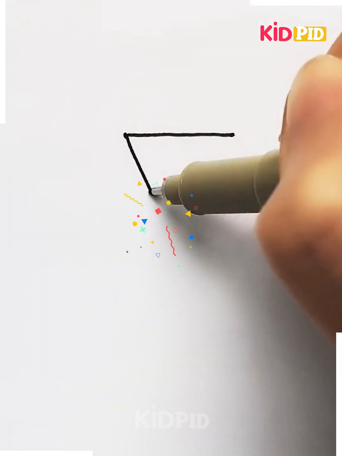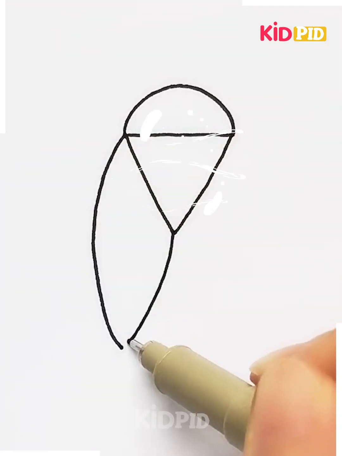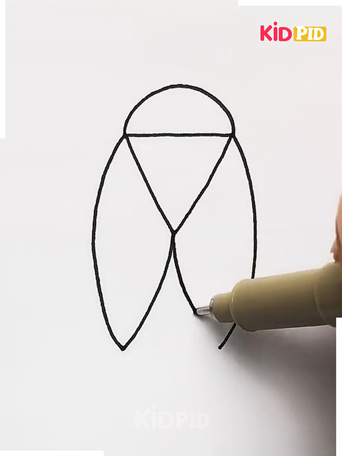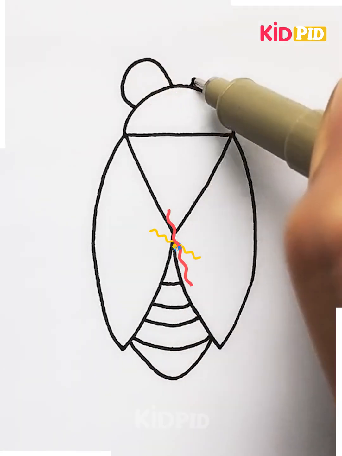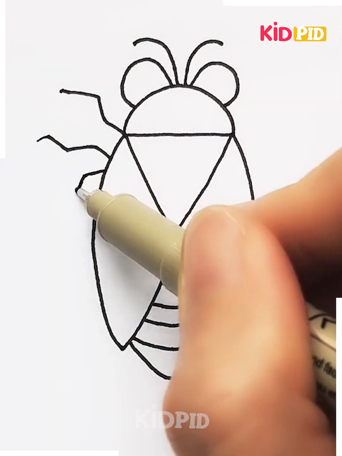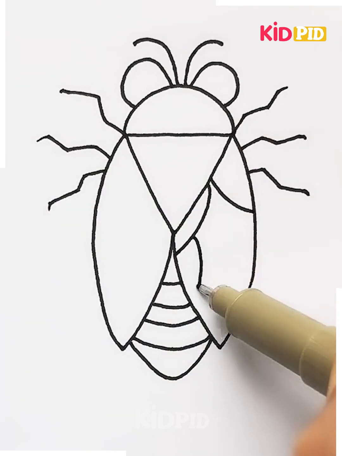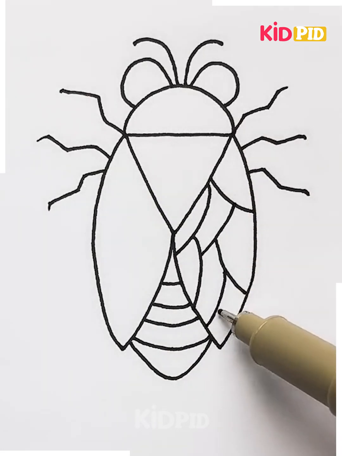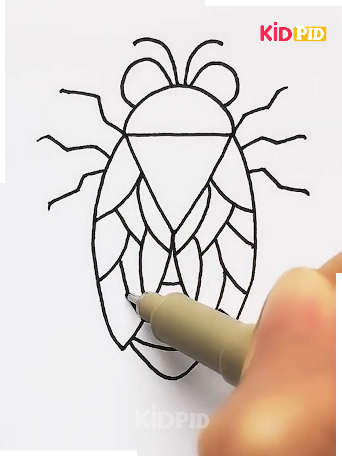The next thing we are gonna draw is a cockroach. First we are gonna draw a triangle and cover the sides with the help of leaf-like objects on the sides, and cover it with an oval-like object on the top, and we are gonna start drawing its eyes and the line-like structures it has as its body, and we are gonna cover it with diagonal lines with the help of a black marker, and cover the rest of the body with it, and we are gonna lastly conclude